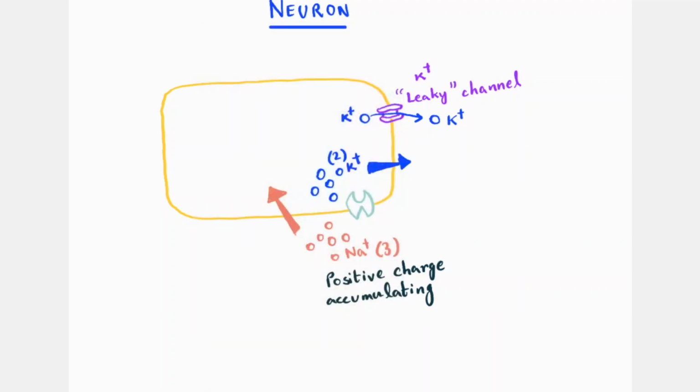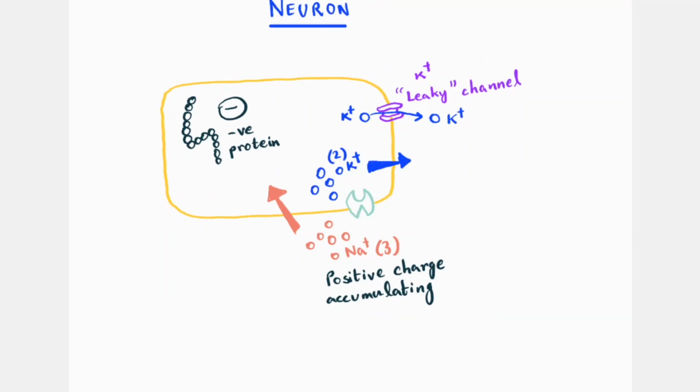Plus, there's one more important component to this, which is that there are proteins inside. Let's say that is a protein, which are negatively charged. Negative protein. So that's also increasing the negativity on the inside. So a point comes when this K plus stops going outside, because the negative proteins are also pulling it back inside, right? There's an attraction to the negative proteins. It's a positively charged ion, and when this attraction counters the concentration gradient,